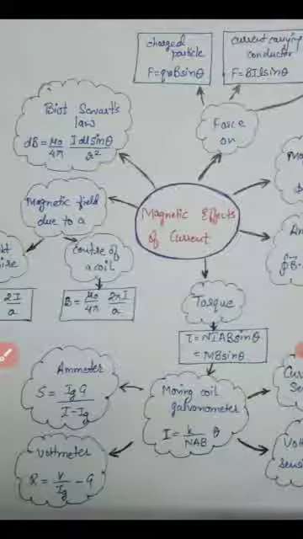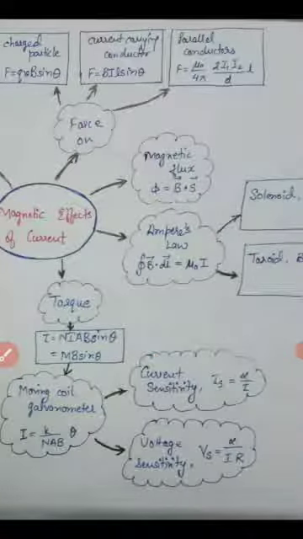This galvanometer can be converted into an ammeter by connecting a shunt resistance in parallel with the galvanometer, whose value can be S is equals to Ig into G upon I minus Ig. If we need to convert the galvanometer into a voltmeter, we connect a high resistance R is equals to V upon Ig minus G. This resistance is connected in series. The current sensitivity is given by Is is equals to alpha by I, whereas the voltage sensitivity is Vs is equals to alpha upon I into R.